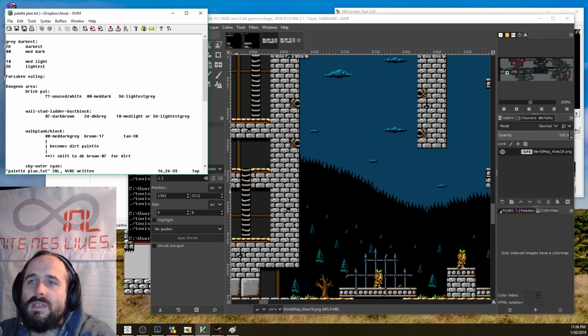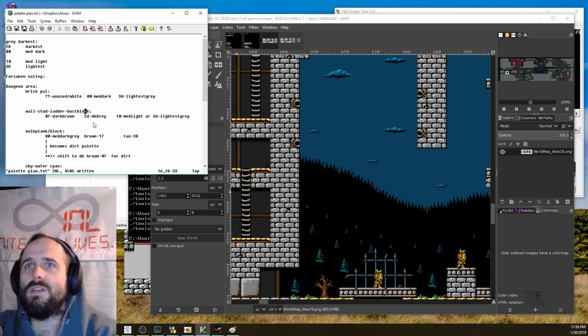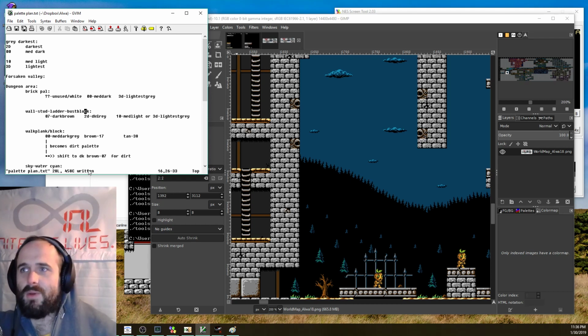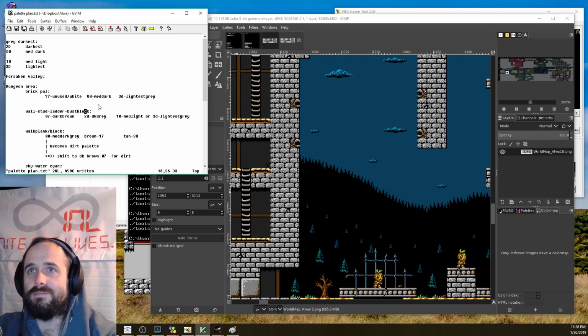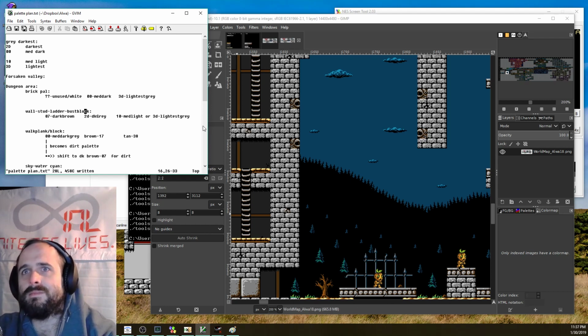So really these tiles will change from zero, medium, dark, and light gray. They can keep that same 3D lightest gray, but their dark gray is going to change a little bit. Not much. So this first index is unused right now. And this brick palette